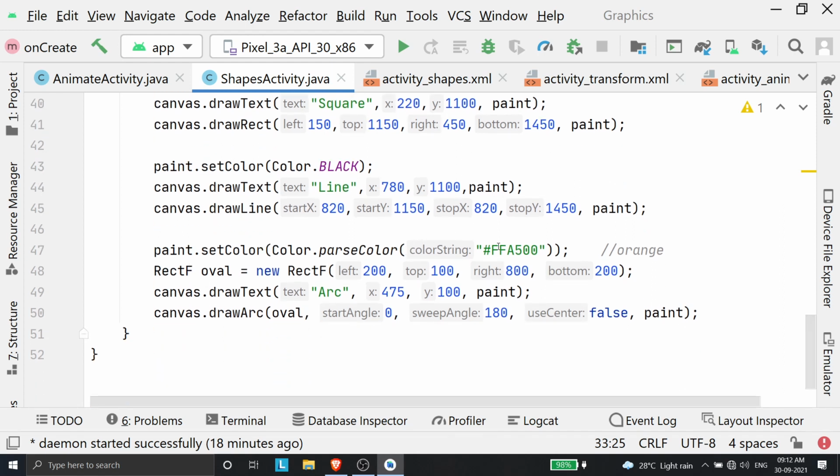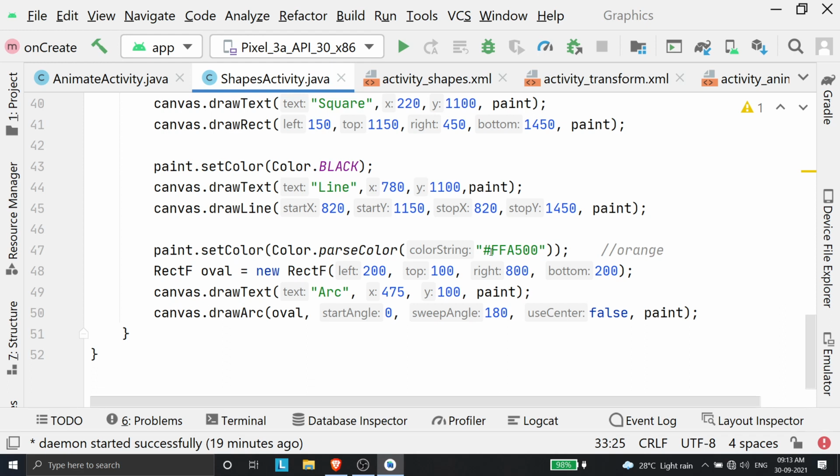And now I'm not using a predefined color. I'm using a color that I've extracted, like the color I've specified using a hexadecimal code. For that, I have to parse the color because this color is not available already. I need to use this function called Color.parseColor, and I need to put the color string inside it. Hexadecimal values you can obtain from the internet, like we do for CSS normally.